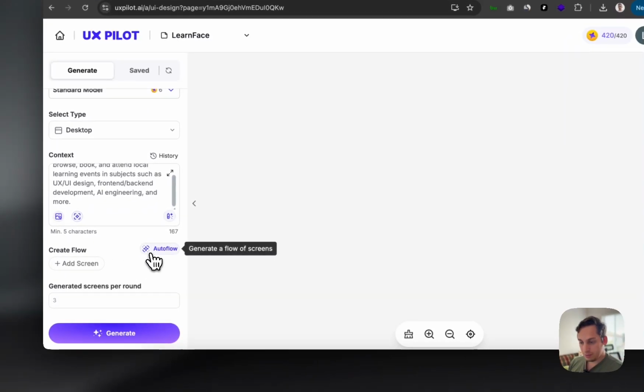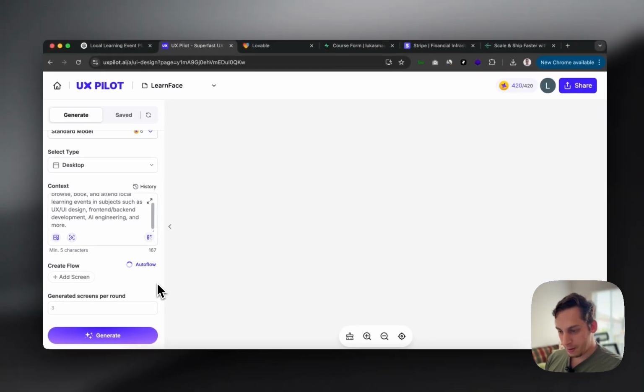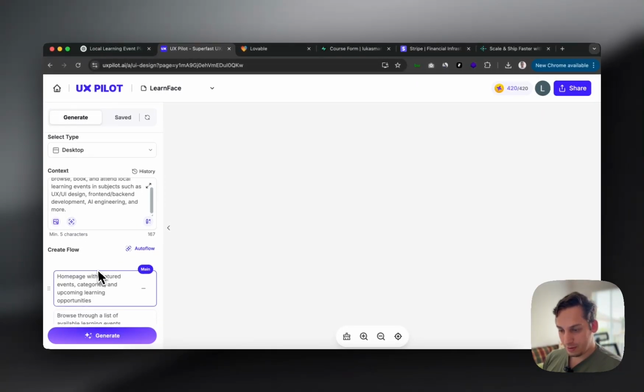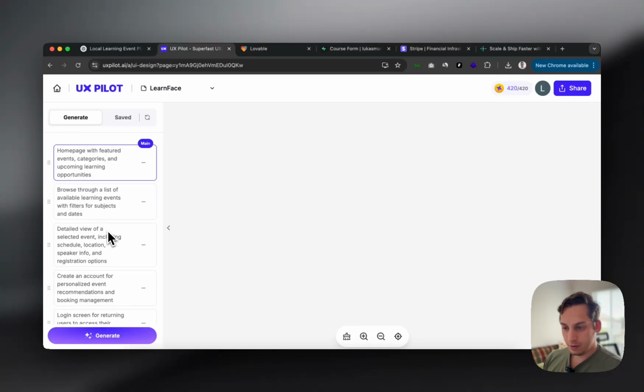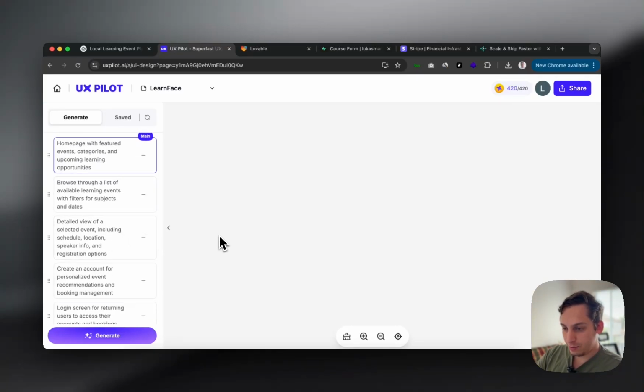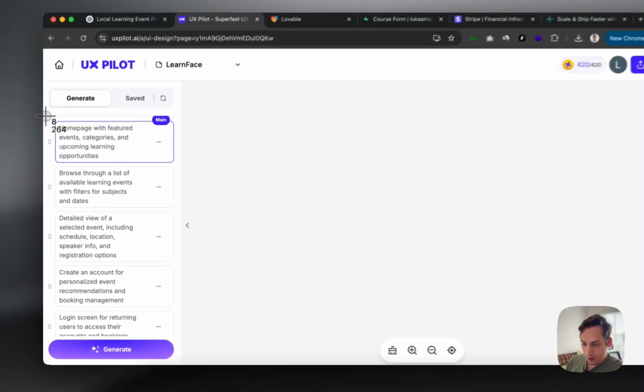Now we have this with the flow. So we can generate an auto flow just to show you how this looks. But I guess this is the flow of different pages. So we have the home page, browse through list. So I'm going to go ahead and take a screenshot of this, and